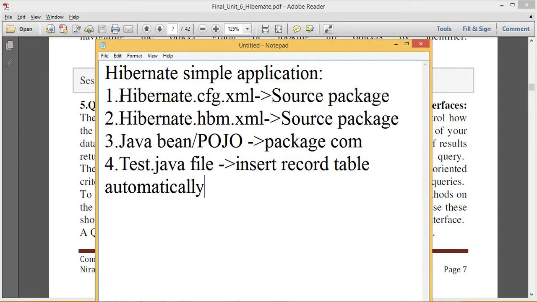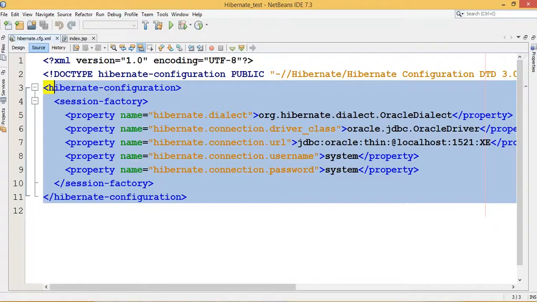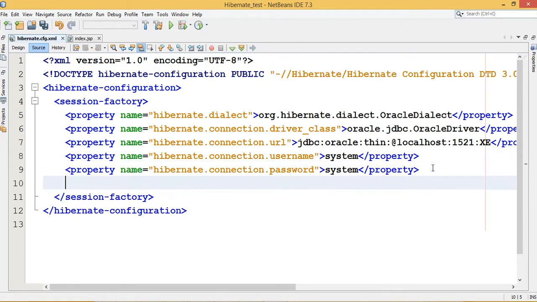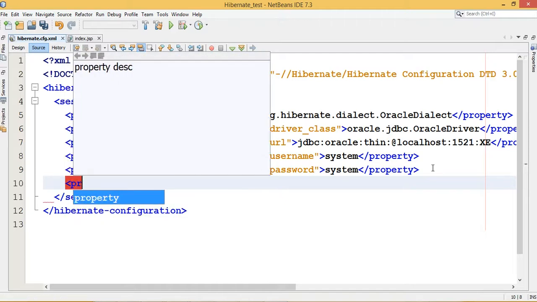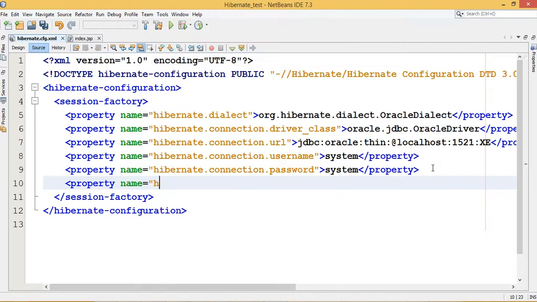We already created the first file, hibernate.cfg.xml. So we have to remember all the 5 properties. But if you want to create a table automatically, you have to write one property, Hibernate.